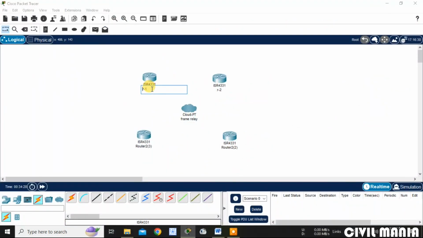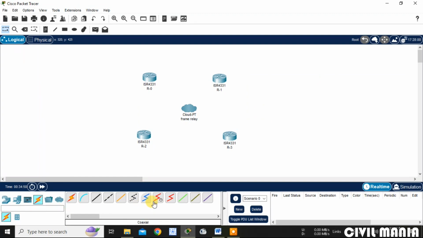This is router 0, then router 1, then router 2, and router 3. Yeah, I have provided all the routers.